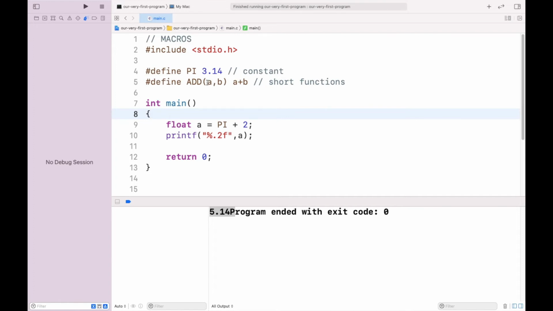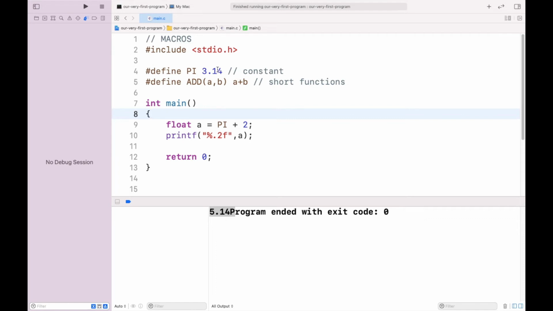We need not define the type of a or the type of b. We did not specify whether it will be integer, floating point, or character. It can be anything, and it is going to replace that with this particular statement. Point to be noted: we are not adding semicolons at the end. While defining macros, we do not need semicolons at the end of the statement.